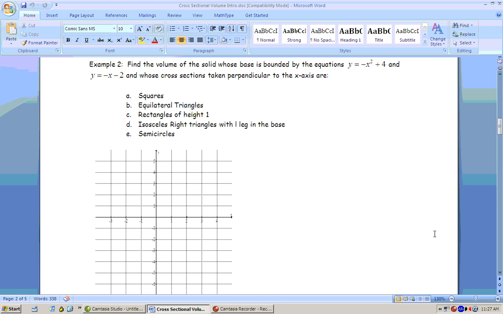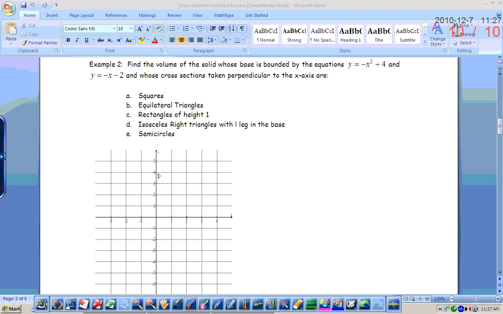We're going to find the volume of the solid whose base is bounded by those 2 equations and whose cross sections taken perpendicular to the x-axis are A, B, C, D, E. All right, so let's get this picture drawn. Y equals negative x squared plus 4. Upside down parabola. You're going to have x-intercepts at negative 2 and 2. If you need to graph it, that's fine. And then y equals